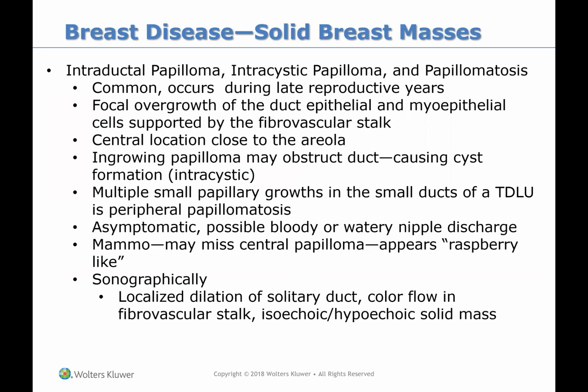You can also have intraductal papillomas, intracystic papillomas, and papillomatosis. Common during late reproductive years, focal overgrowth of duct epithelia. So these masses or cysts are going to be in the ducts. I always thought scanning ducts was hard. But you could have small papillary growths in the small ducts. They're asymptomatic, but they may cause some bloody or watery nipple discharge, localized dilatation of a solitary duct, color flow, and